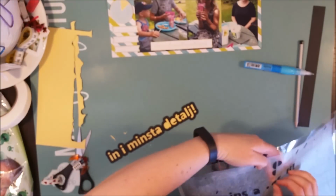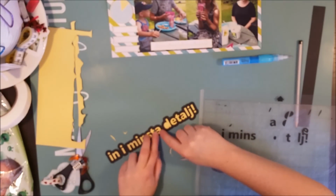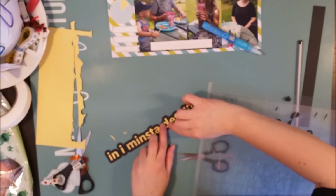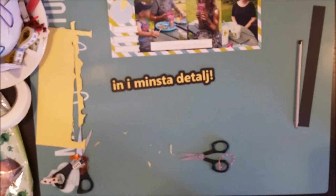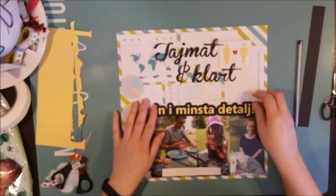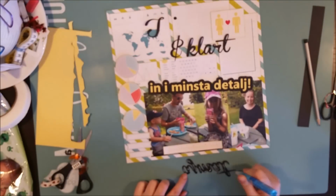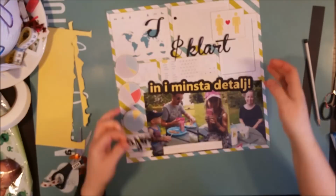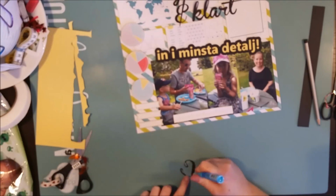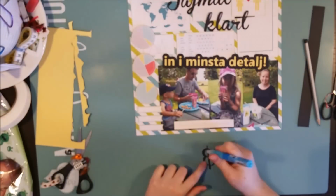And this is totally optional, I must say, but I had all those small dots still on my cutting mat, so I just glue them onto the finished piece there to get the dots that were missing. I use my glue pen to glue down the main title, and